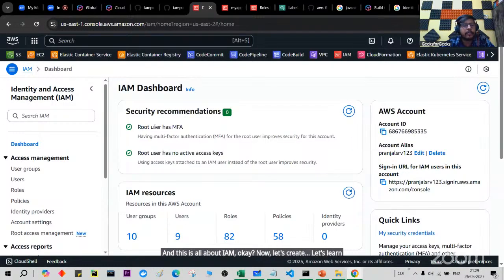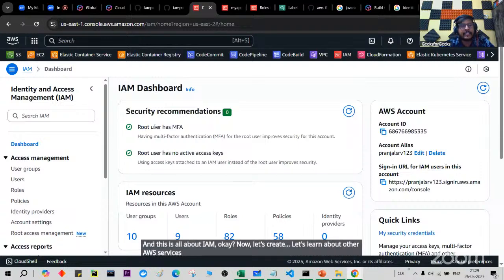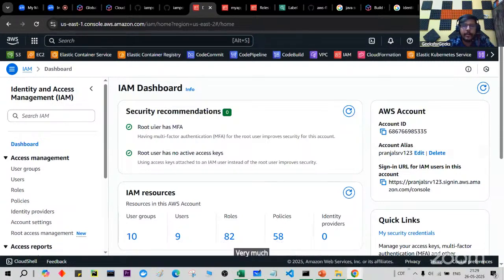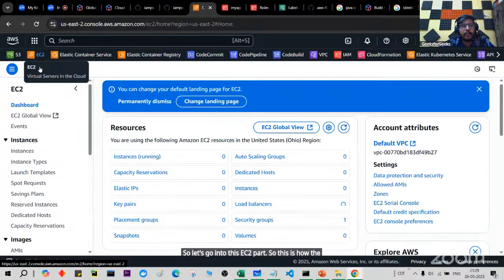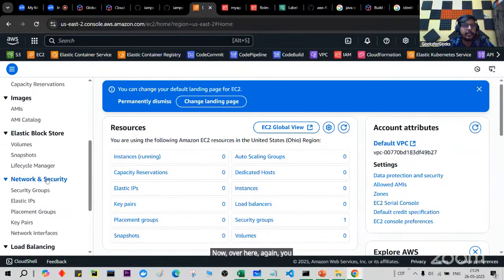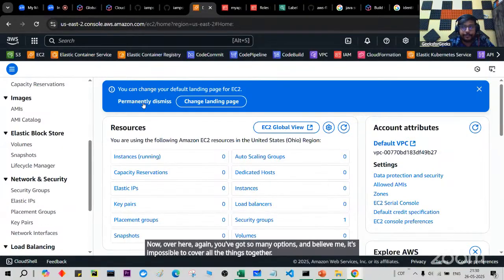Now let's learn about other AWS services, which is EC2. Very much important. Okay, this is a place where you're going to deploy your application. So let's go into this EC2 part. This is how the dashboard looks like. Now over here again, you got so many options, and believe me, it's impossible to cover all the things together. But yes,